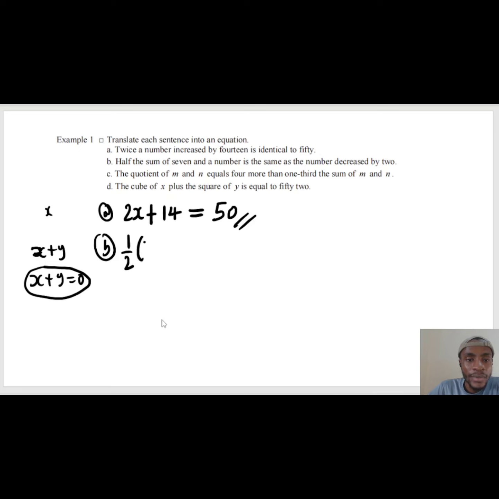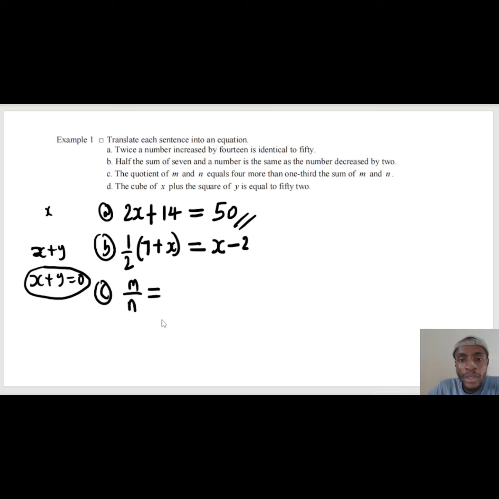Half the sum of 7 and a number, let's pick x, is the same as the number x decreased by 2. That's all. Lastly, C. The quotient of m and n. That means what's the quotient of 4 and 2? That's 4 divided by 2. So the quotient of m and n is m over n